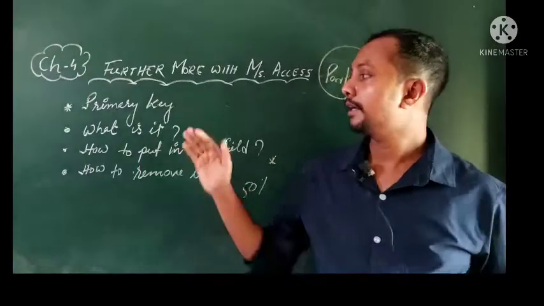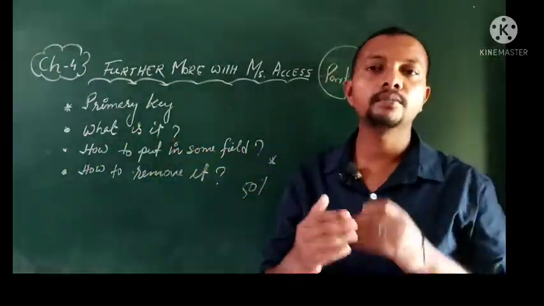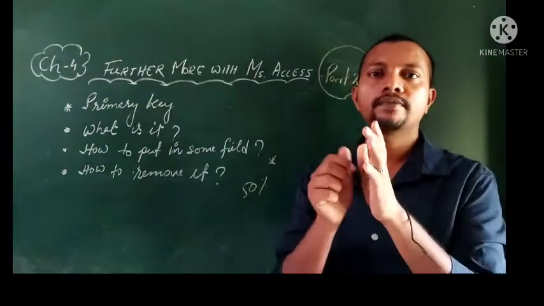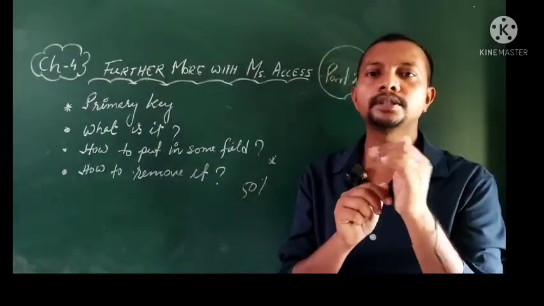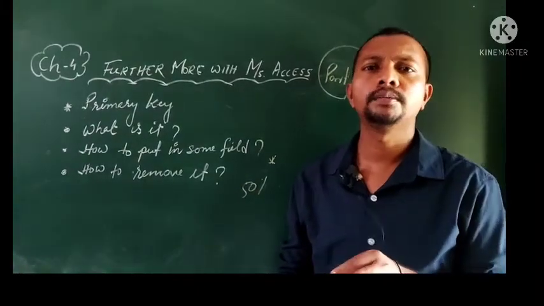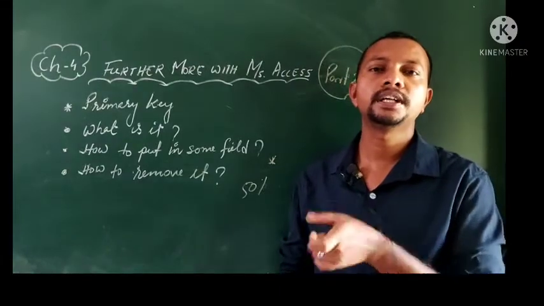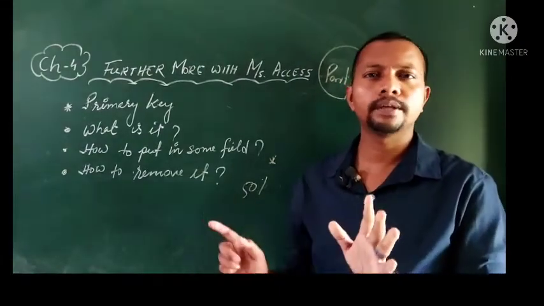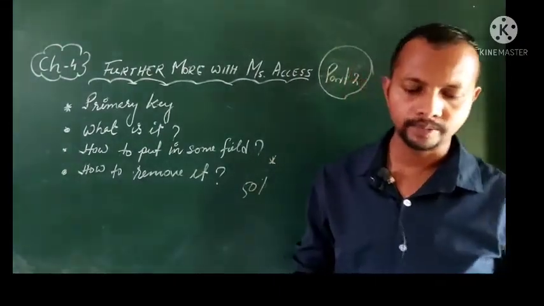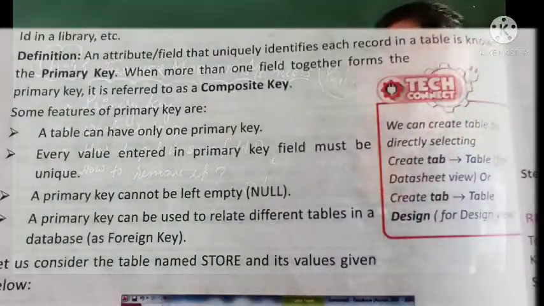So with the primary key also, more or less, that is what we can create: a particular field that by all means a particular person, when they fill the data, that column they will have to fill, be it the mobile number, be it the date of birth, be it the email ID, whatever may be, that they cannot skip. Okay. Now suppose we go for the definition of it.